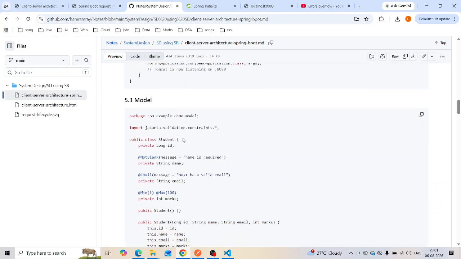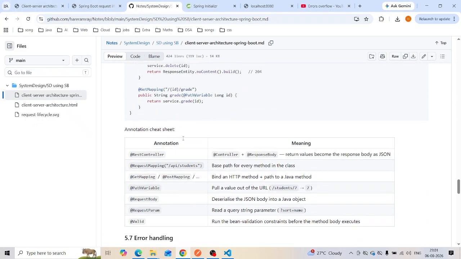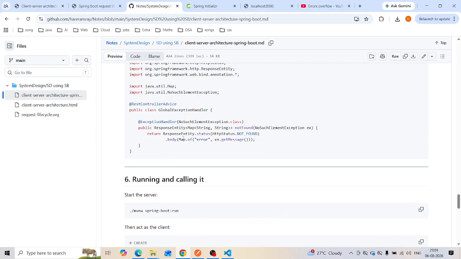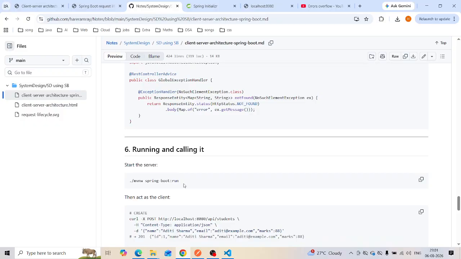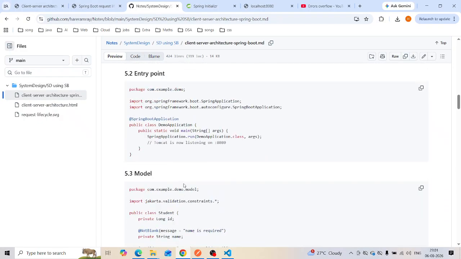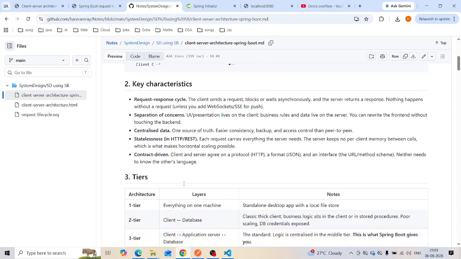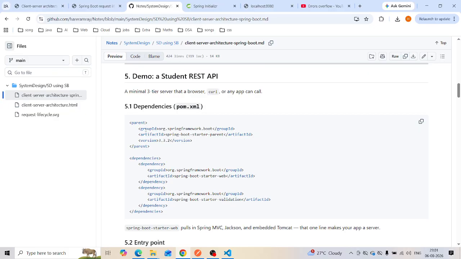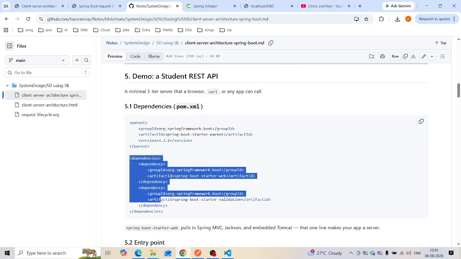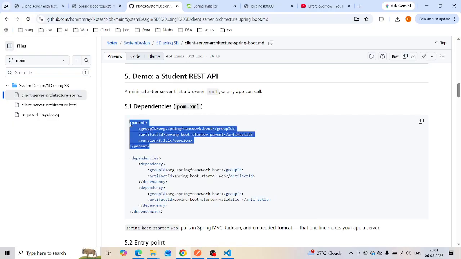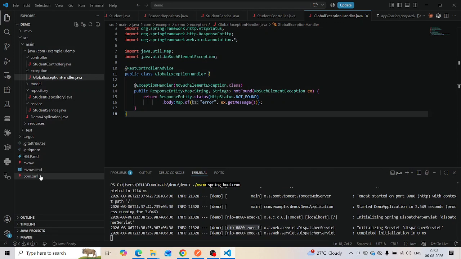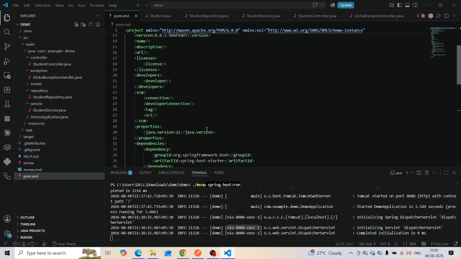So this is the demo code, you can look into it, and this is how you can run it. You can go one by one. First you create the project, then you put these things into the dependencies in pom.xml.